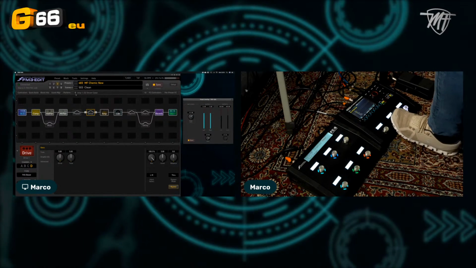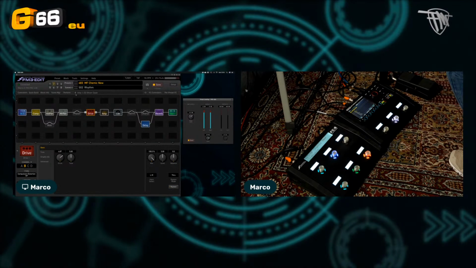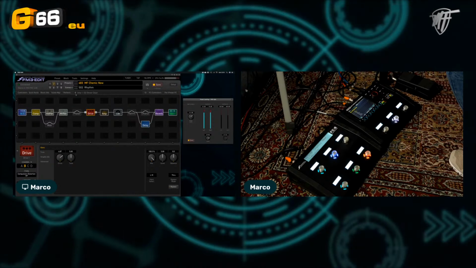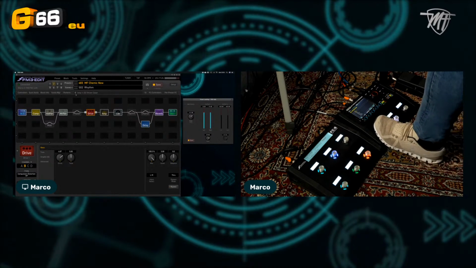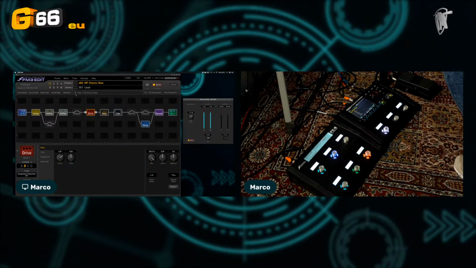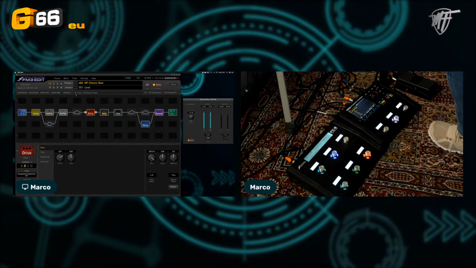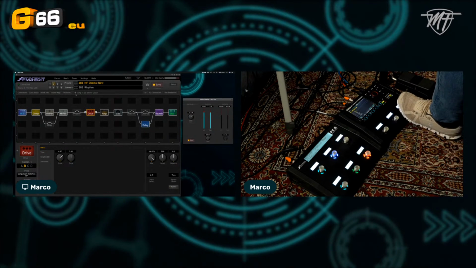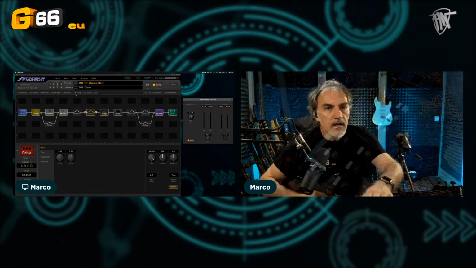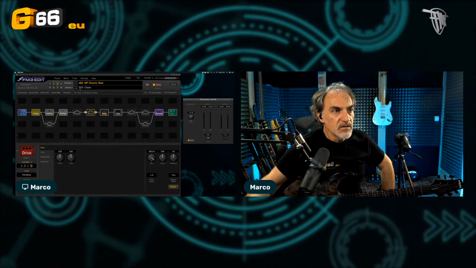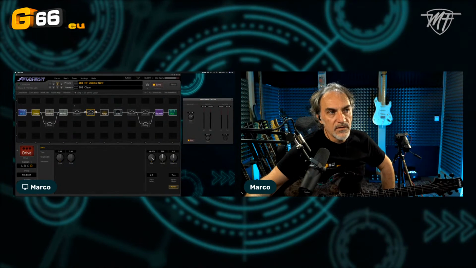So foot switch number 2, I select the Okay, so there is another possibility, very interesting, because in this case I can recall only 3 scenes, but there